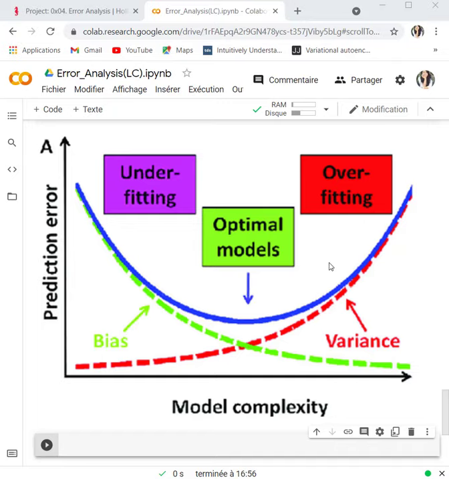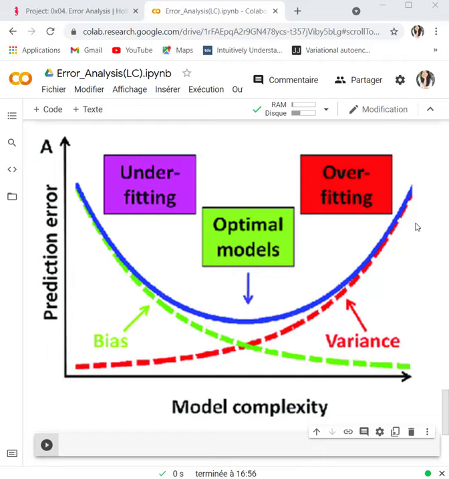Now, if you have a big error in your test data or your validation data, that means that you have a high variance. Now you are overfitting. Variance is the flexibility of the model to tune itself to the data points in the training dataset.